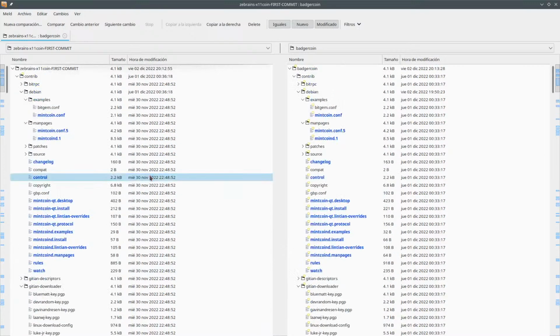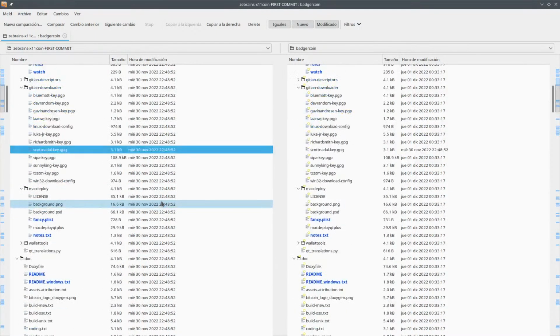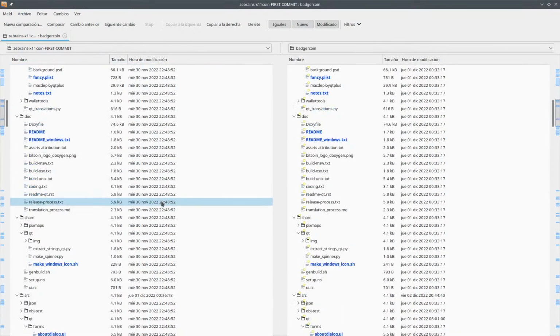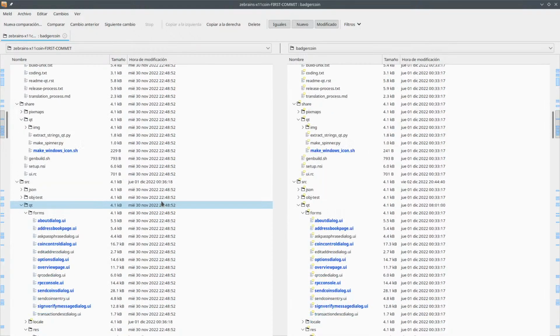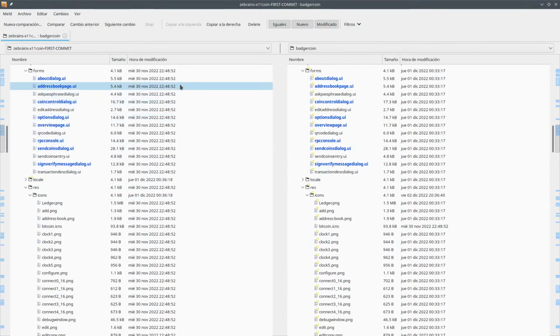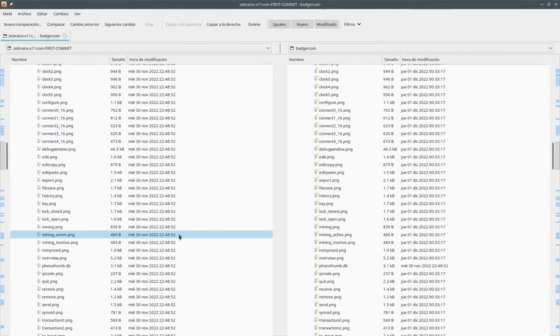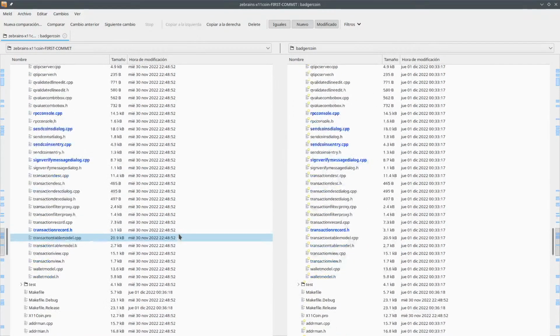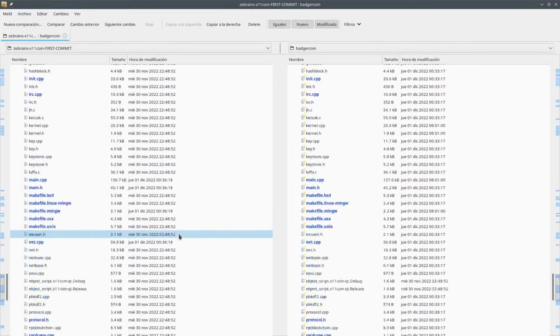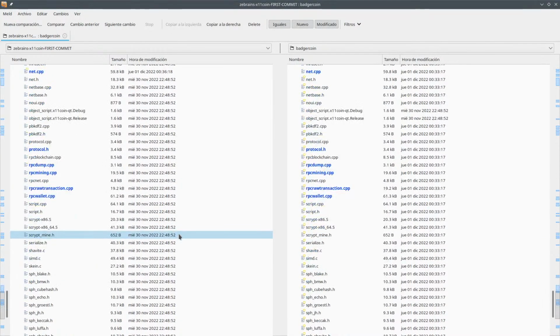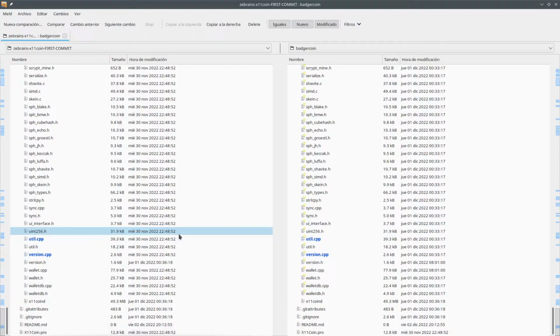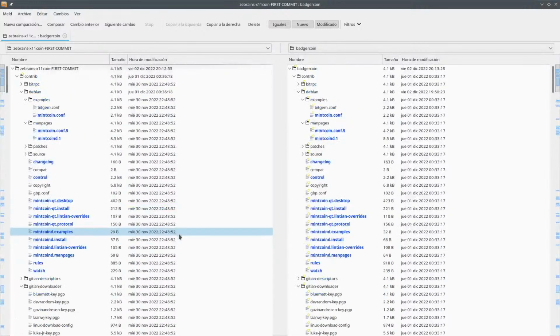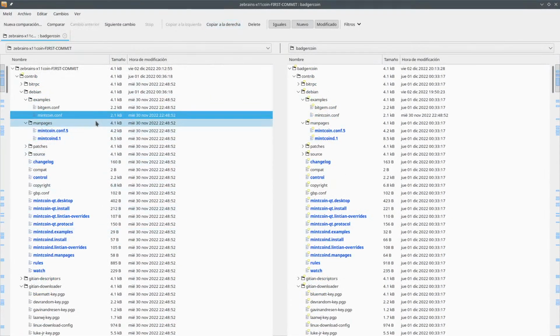Okay, so now we have a lot of files that I know have to do with renaming stuff. Okay, and there are some files about the ticker. There are some files about the port, and that, and this thing, and the other one. Okay, but I do not know which ones are. So I'm going to copy everything to the right. Copy everything that's blue to the right. And then we will check